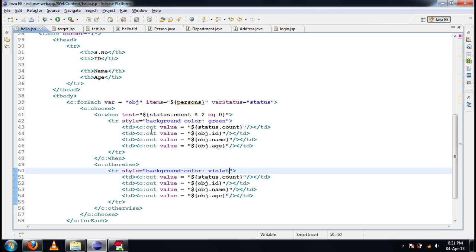Okay, now if it is an odd row, let's consider it is the first row. If it is the first row, will it come to when or will it come to otherwise? Otherwise, because for the first row status.count will be 1. 1 % 2 will not be equal to 0, so it will come to otherwise. So the first row